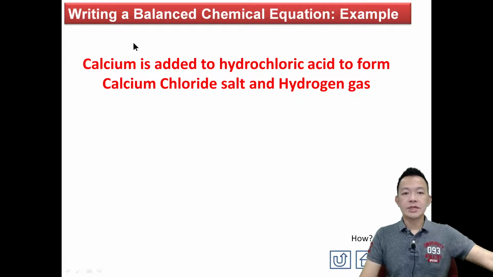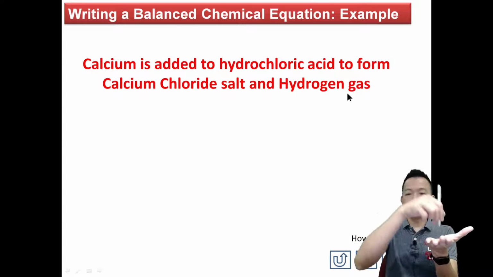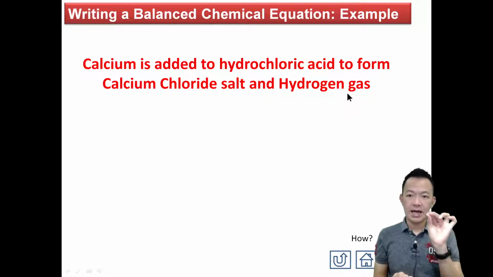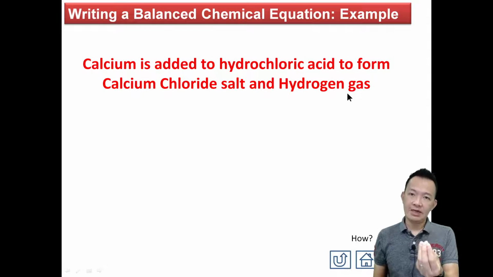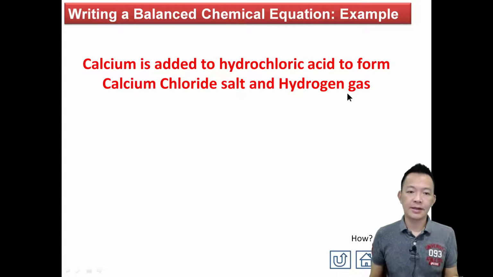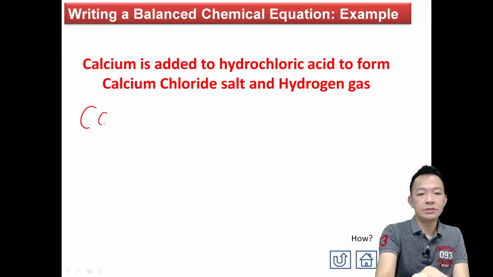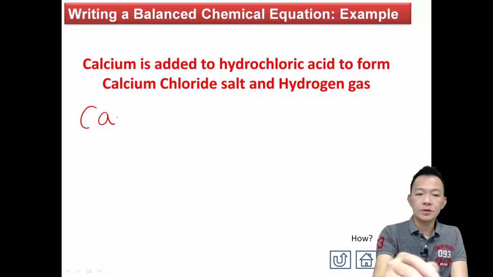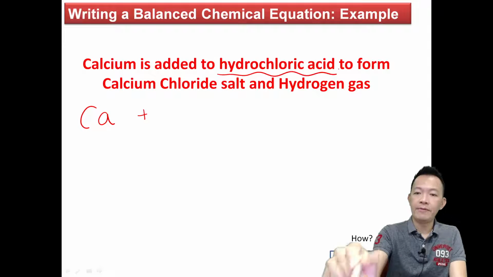Calcium is added into the hydrochloric acid to produce calcium chloride salts and hydrogen. Calcium 丢进 acid 里面，产生 calcium chloride 的盐加 hydrogen. So if you can write the reactant and product, you'll be safe first. 你就安全了一点点了。Okay? So calcium is a metal. 你直接写 calcium 就可以了，对不对？Is added into the hydrochloric acid 加在 hydrochloric acid 里面